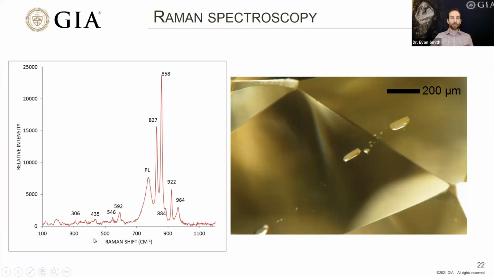On the bottom here, this is Raman shift. This is the energy shift of the light that's returning, shifted away from that green laser beam, and it's been shifted in specific ways. So we see peaks here that correspond to different vibrational modes within this material. Based on the position and intensity of these peaks, we can identify this material. So this material is actually olivine. I've shown you olivine three times now.